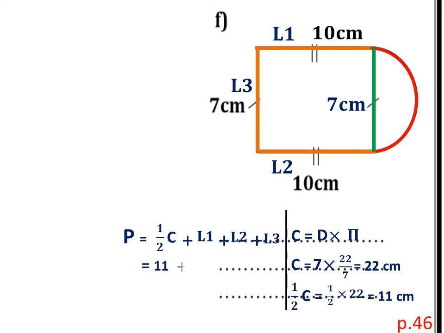And now the perimeter will be 11 plus line 1, which equals 10, plus line 2, which equals 10, plus line 3, which equals 7. Can we add another 7, which is the diameter? No, it's inside the shape, so we cannot add it in the perimeter. I need the length of the outer line, which is the half circle and line 1, line 2, line 3 only. Calculate, the answer will be here. The perimeter will be